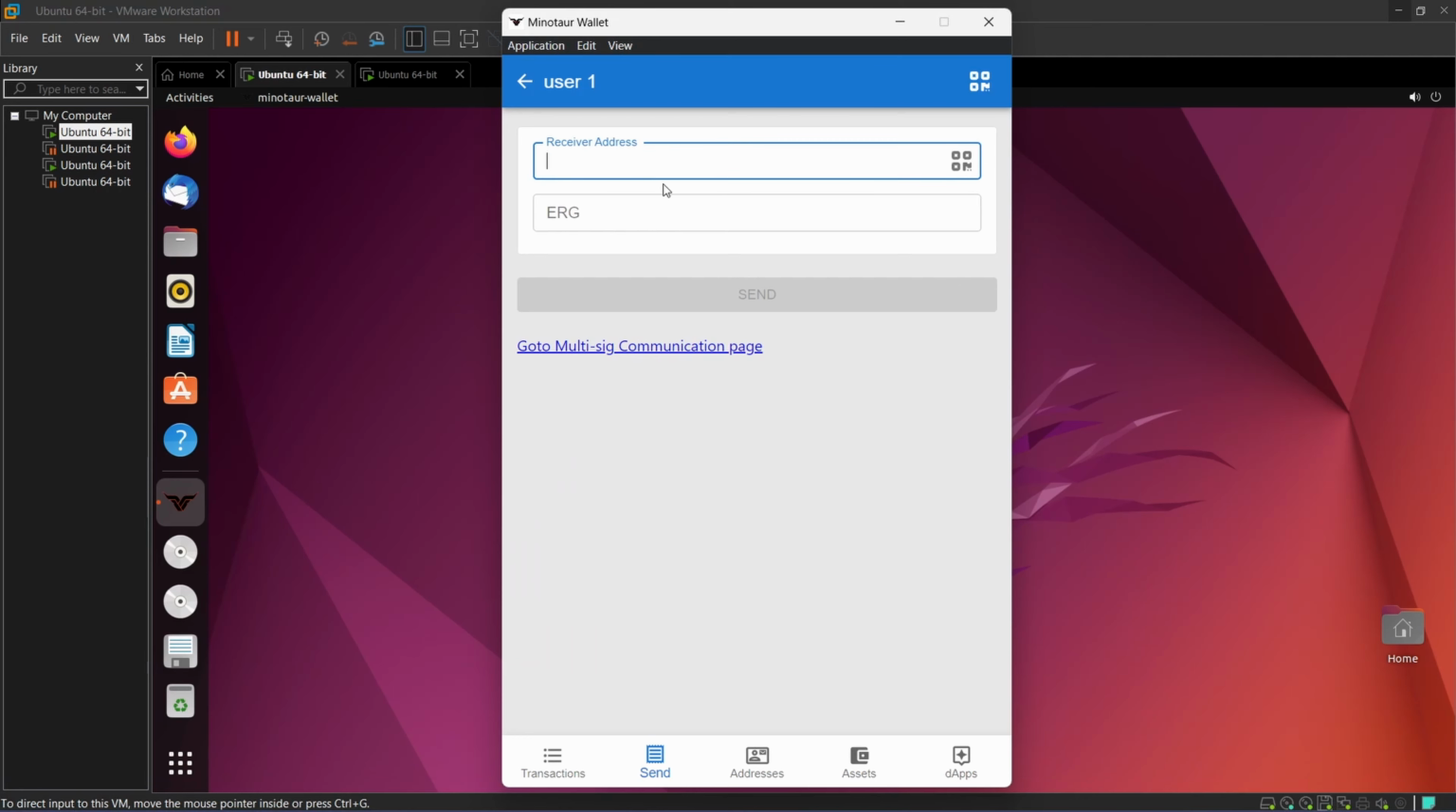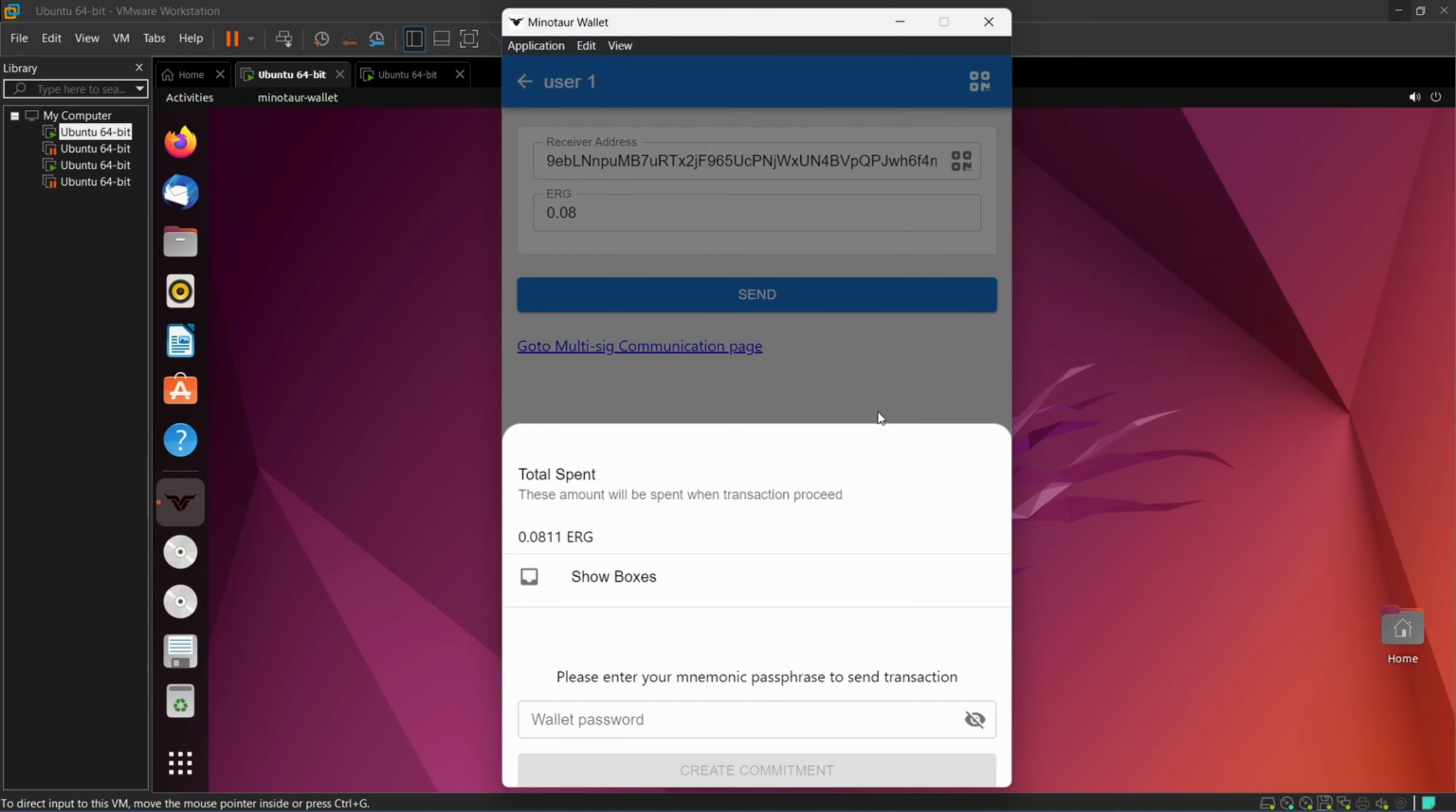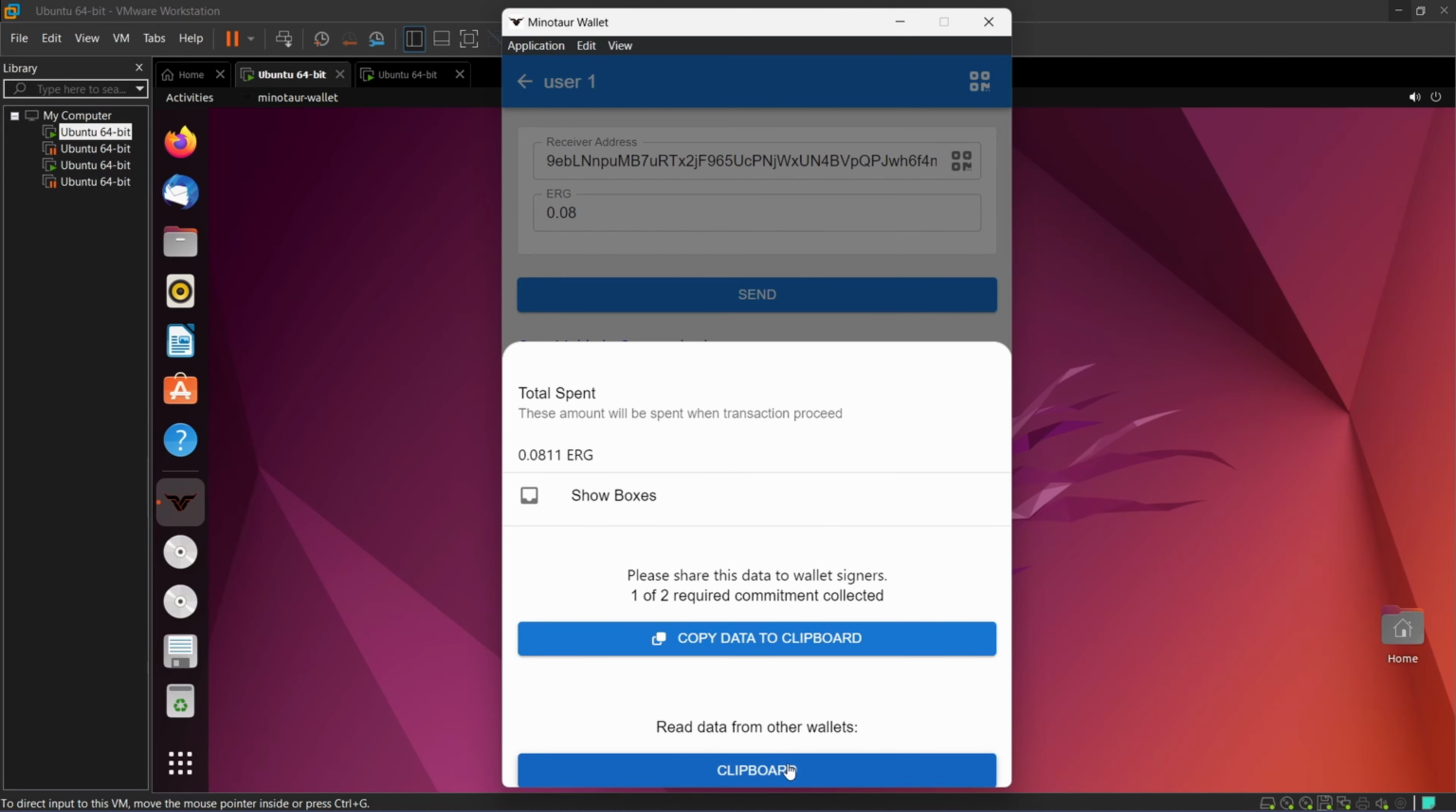I will paste this wallet address here, and we will send 0.08 Ergo to this wallet address. And now we click on send. Here it asks for our wallet password. Create commitment,